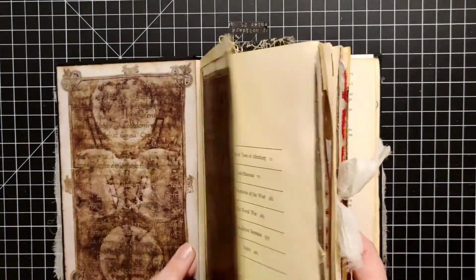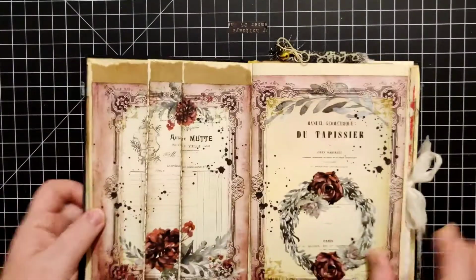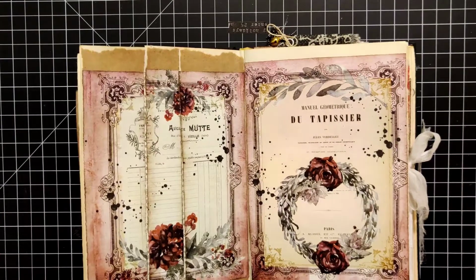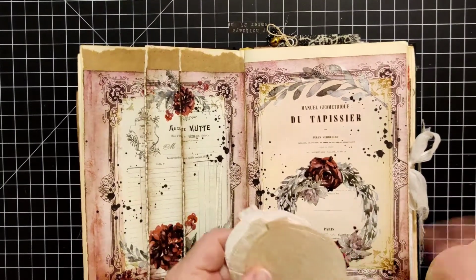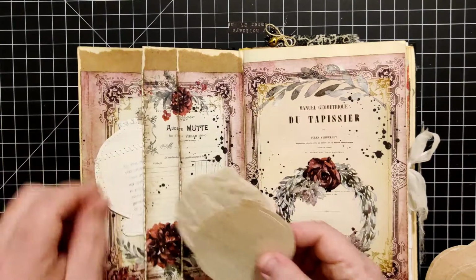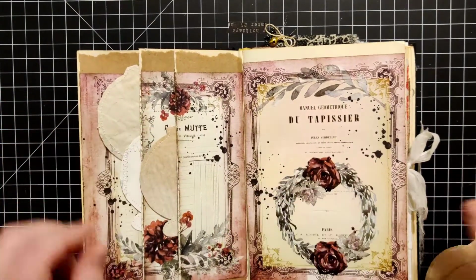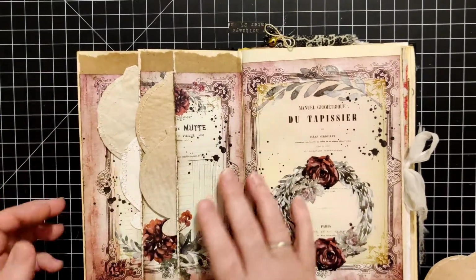You know, we do have a page that I've already decorated here. It could be a very simple thing, but I'm not going to use this page for that because I have all those other papers that are perfect for it, and this one's not quite. But here's kind of my idea. So, just kind of sticking some of these things in these pockets, and being able to put stuff on them